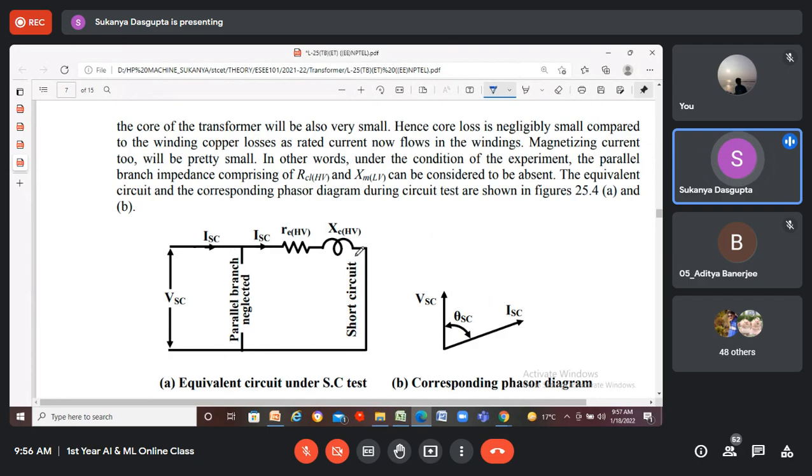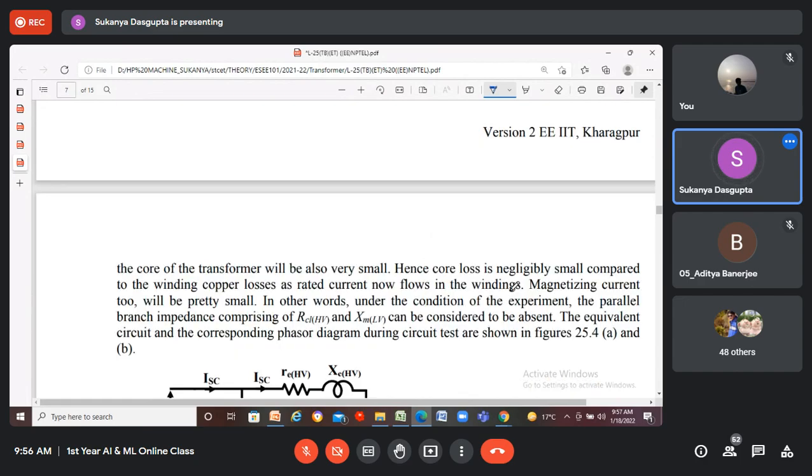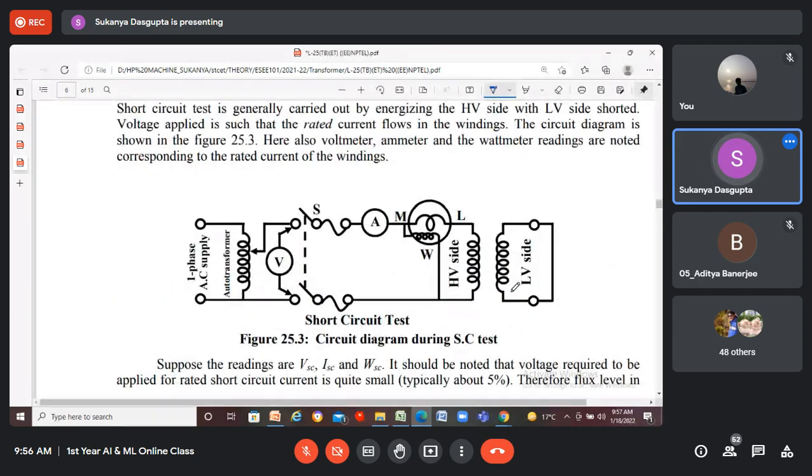So the secondary current, or the short circuit current, will be flowing through the circuit. Fine. So we are only able to measure the copper loss, sometimes known as the short circuit loss, because this voltmeter will measure VSC, this ammeter will measure ISC, and this wattmeter will measure WSC,